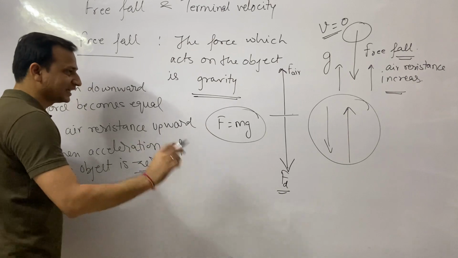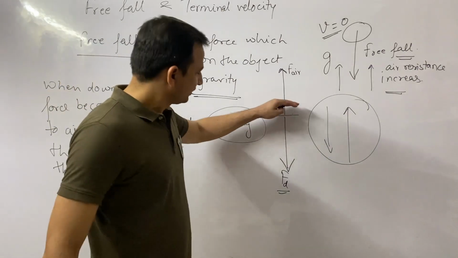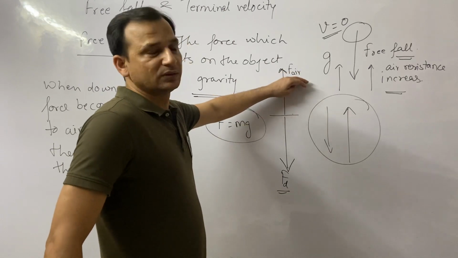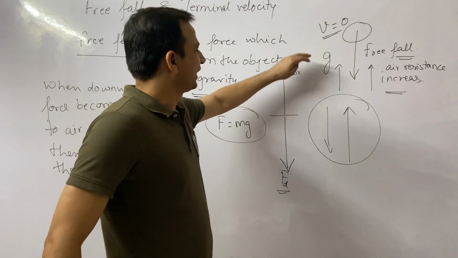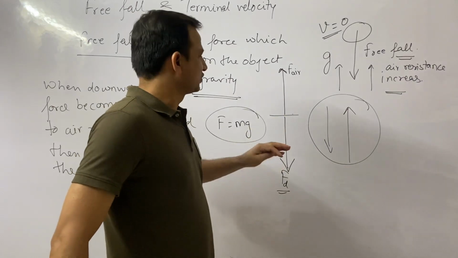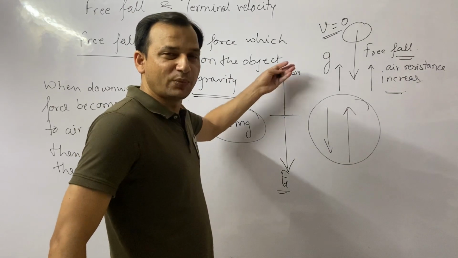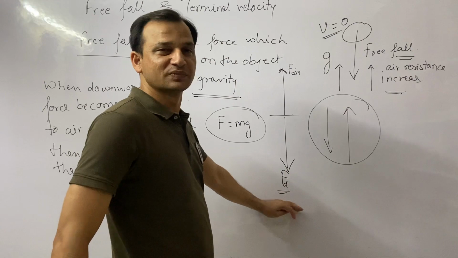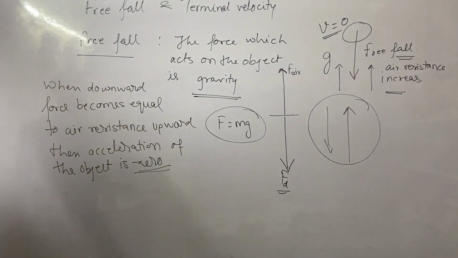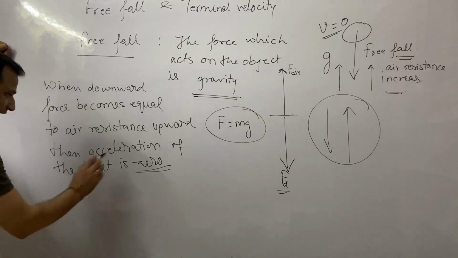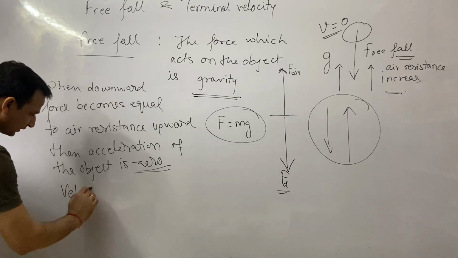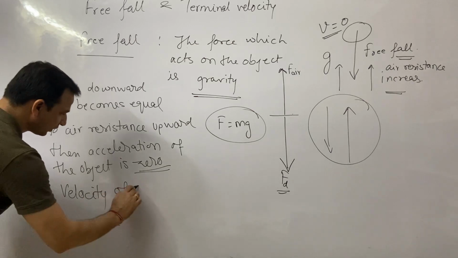So what you can say here is, when downward force F down and the force applied by the air resistance are equal, there is no acceleration, neither upward nor down. So acceleration is zero, and when the acceleration is zero, then what happens? Velocity of object